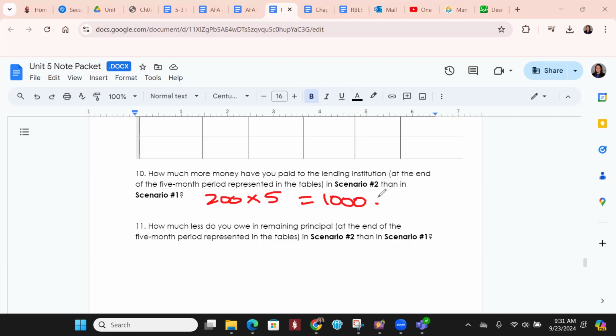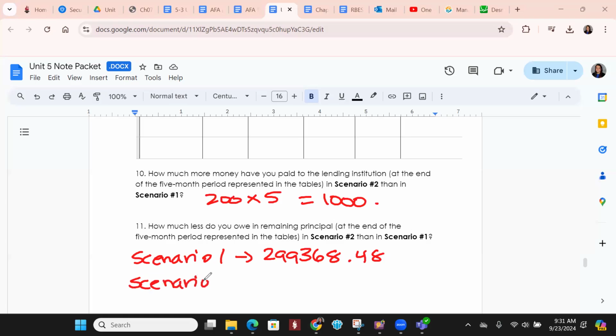Now, how much less do you owe in remaining principal? So if we look back at scenario 1, we had a remaining principal balance of $299,368.48. In scenario 2, okay, in scenario 2, we had